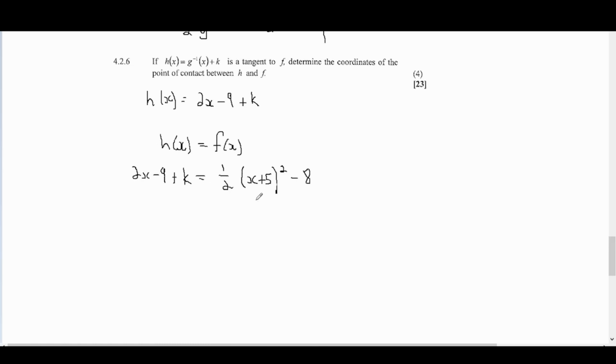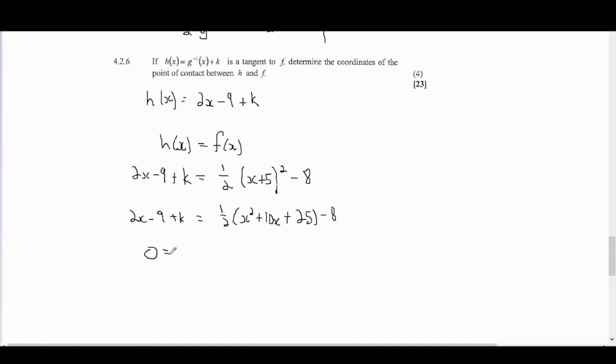We can then simplify this, make it look much better. So we'll multiply out the square first. So we have 2x minus 9 plus k equals a half x squared plus 10x plus 25, minus 8. Okay, continue simplifying, multiplying the half in, and then I'll move all of this over, so it becomes